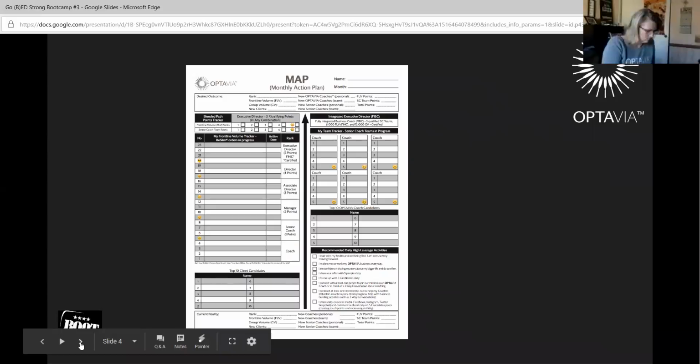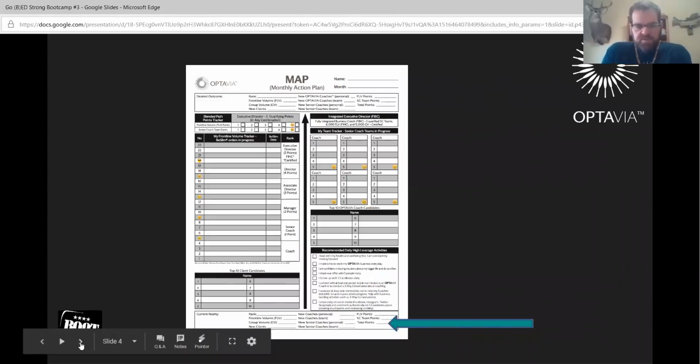So there it is. That's what your map looks like. Josh, you may bump in. Where do we print that from? I've got a whole bunch of them that I had. It's in your senior coach group, whether it be motivation or structural tension, or a few others. Plus, your coach should be sending it to you probably two days before the month's over, with a video on how to fill it out. Then we want to duplicate that and send it out to our coaches. All right, let's start to dissect it a little bit.